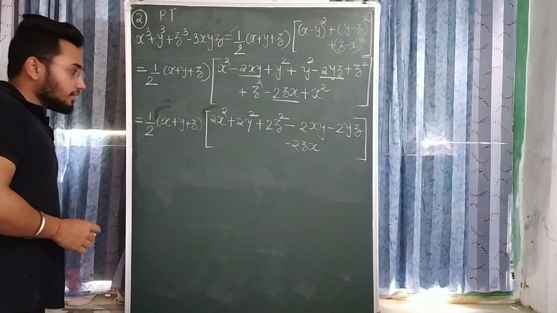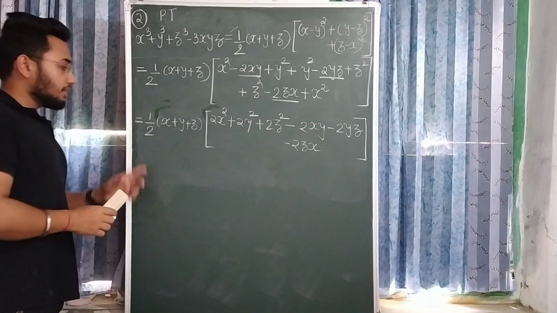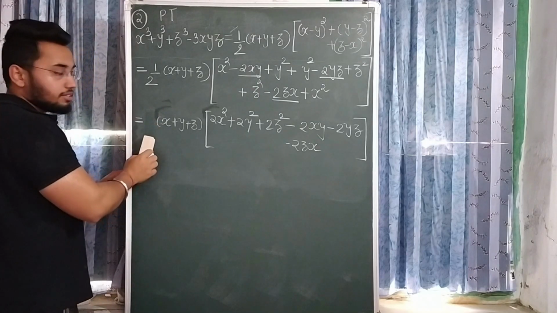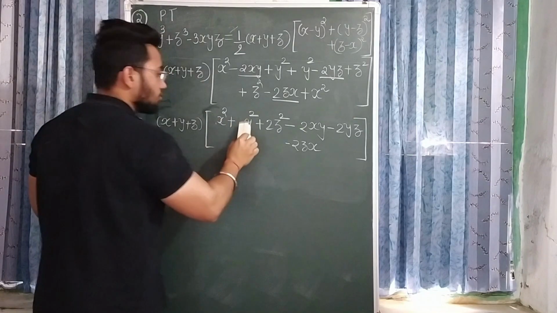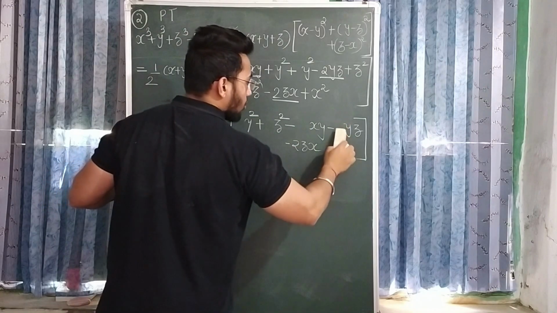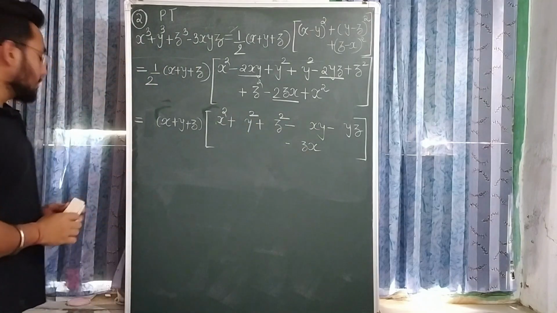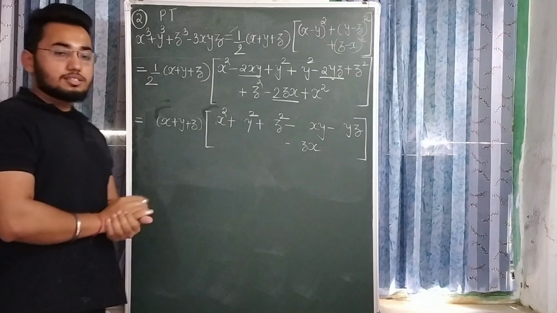You see here in each term you can take 2 common, and here is a divide by 2, then you can cancel it. You can cancel this dividing 2 with this 2. How can you cut? Simple, take 2 common and cancel. So I am neglecting one step over here. So now finally, this is our second step.